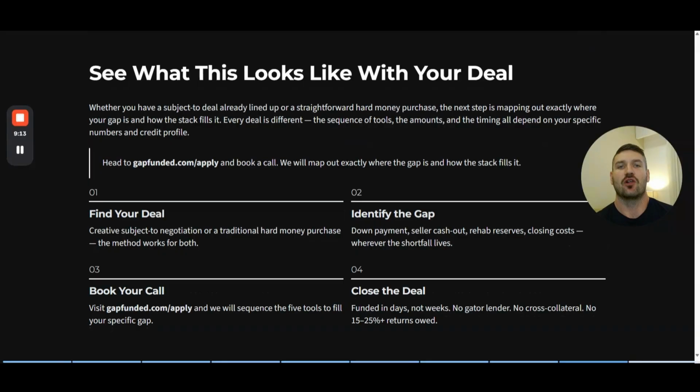See what this looks like with your deal. So whether you have a subject-to deal already lined up or a straightforward hard money purchase, the next step is mapping out exactly where your gap is and how the stack fills it. Every deal is different. The sequence of tools, the amounts, the time all depend on your specific numbers and credit profile. So head over to